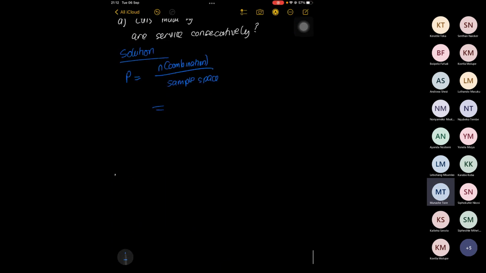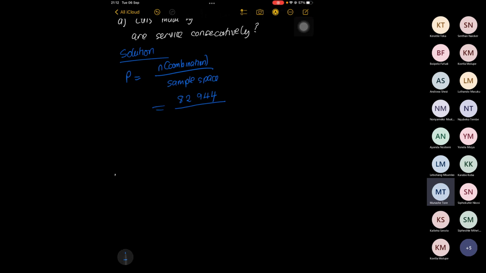It's going to be 82,944. That's your answer for the number of combinations, isn't it? Then it's going to be divided by what? By the sample space. What's our sample space in this case? Obviously, our sample space is just going to be 12 factorial, because they are saying